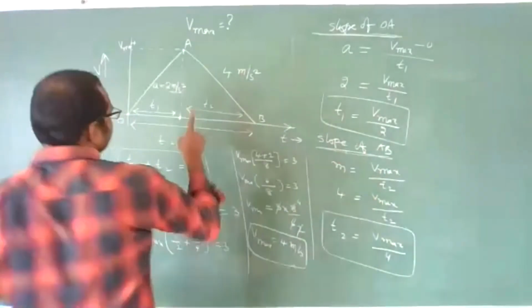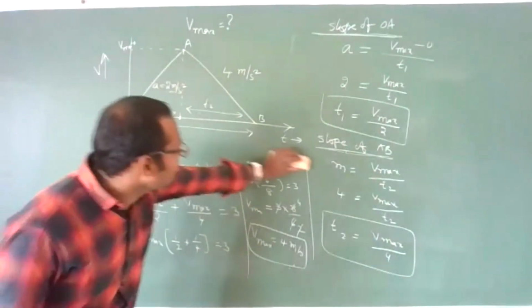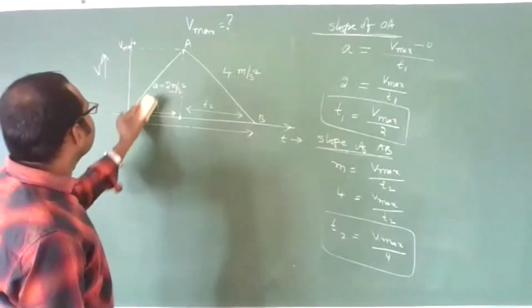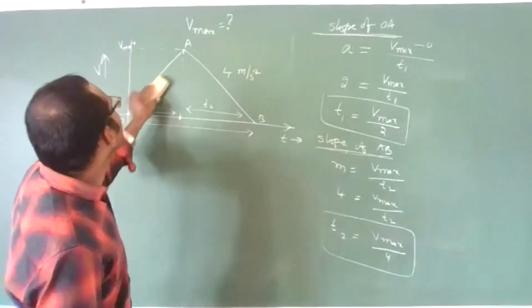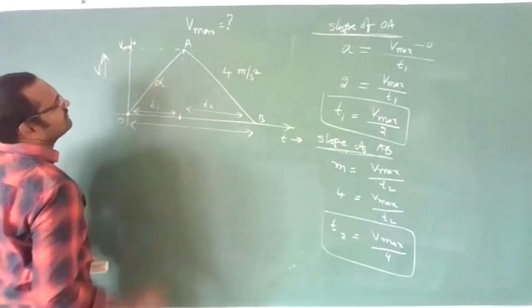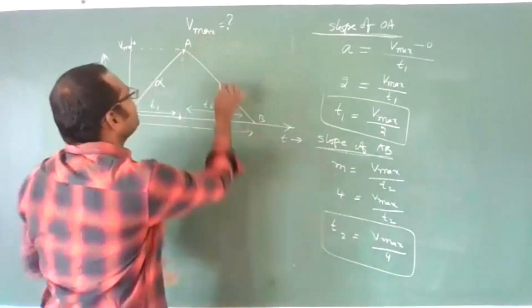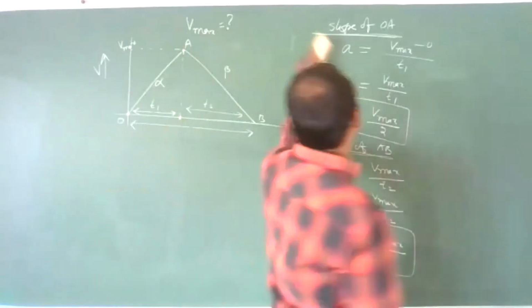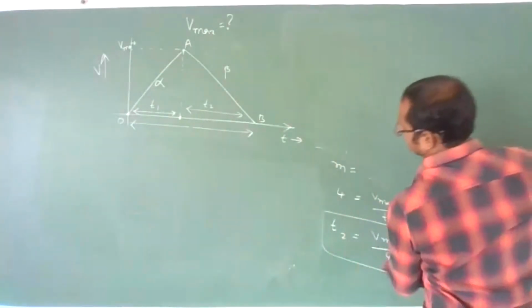Now come back to this. This is a very important question. They will also ask for the general solution for this. I'll show you. Let us imagine this is not 2 given, this is alpha given, and this is not 4 given, this is beta given. Then what is V maximum? They will ask.